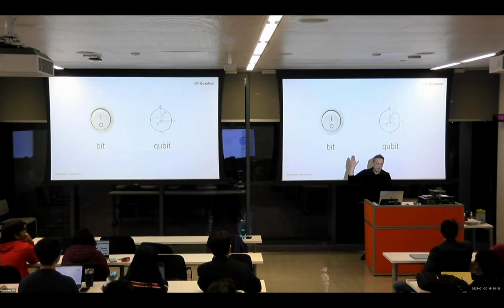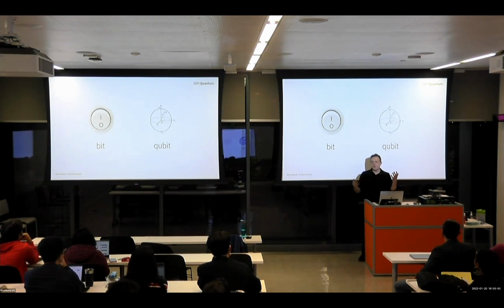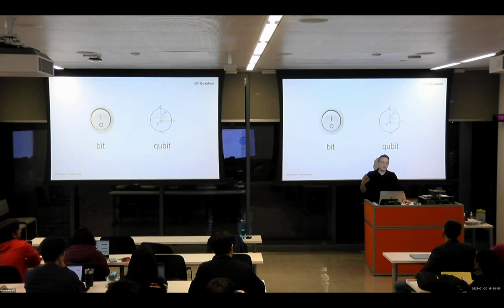So we've got a bit on one side, and we have a qubit on the other. Now, a bit has two values. It can either be 1 or 0. And if you wire enough of them up and put some logic gates in them, you can get them to do arithmetic and add things up and all that stuff. The qubit is a very different thing, and it is a bit misleading. Often people describe qubits as being 1 and 0 at the same time. It's actually not that. It's a superposition, that is absolutely true, but it's a superposition of probability wave functions. The closest thing I can describe that is when you play two notes on a piano and you get a chord, that's a superposition of two sound waves. It's kind of the same thing.